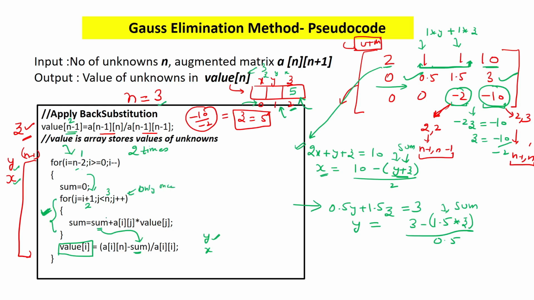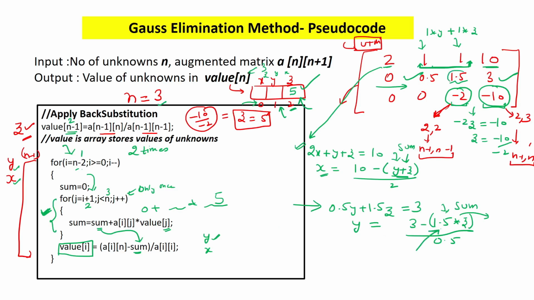So here you will see that this is 0 plus something multiplied by something. So here it will be like 1.5 multiplied by z. So here you can see this is 1.5 into z. So what is z? z is this value element. So this is actually value of j, that is value of 2. So value of 2 is 5. And what is this a of ij? So at this aij, I should get 1.5.